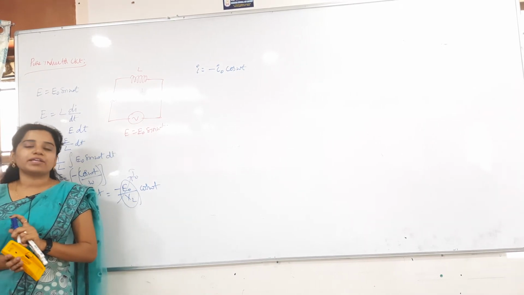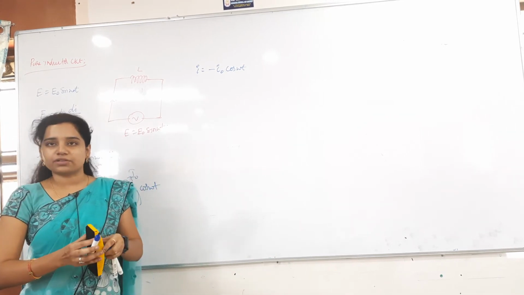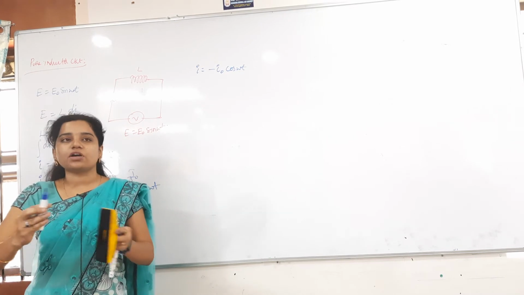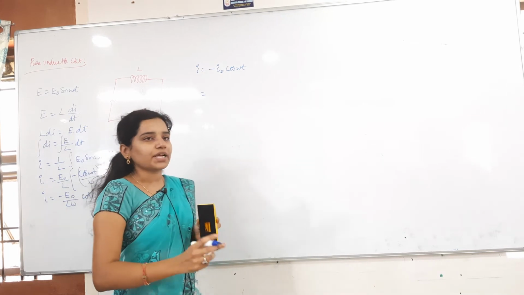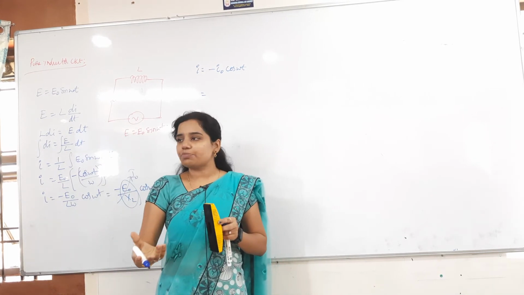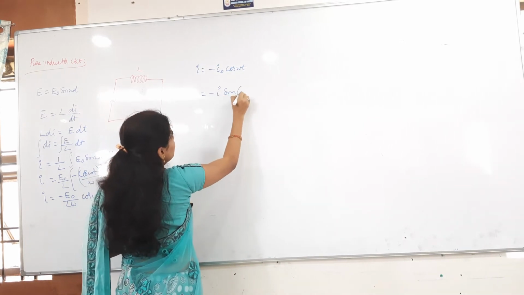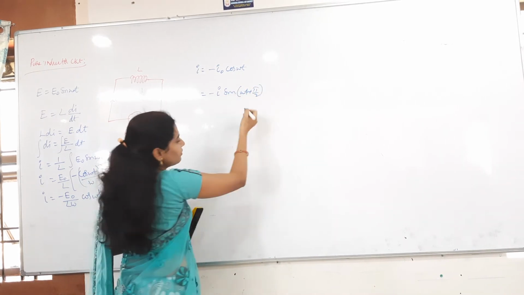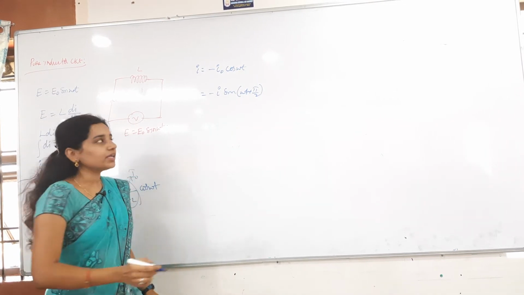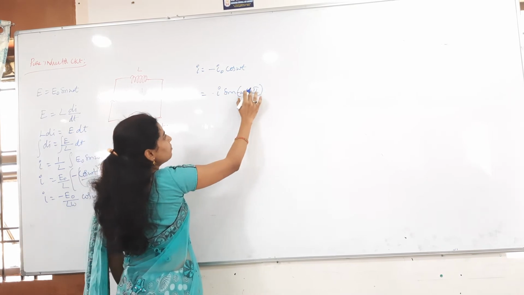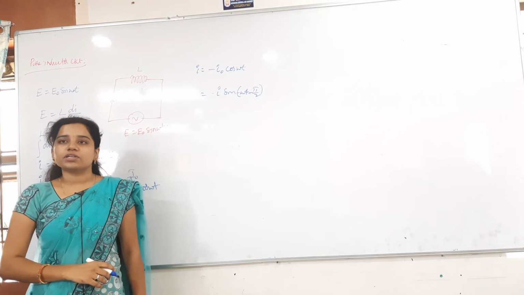I don't want to get minus omega t here. So what we have to do? I will first do the false method for you, and then I will explain why we should not do it like that. For example, as we wrote just before, cos omega t means sin of 90 plus omega t. So I will write in the same way: minus I naught sin of omega t plus 90. This is what we did before in the capacitor circuit. Now if I send the minus inside, we will get minus omega t minus pi by 2. Actually, I have to get plus omega t only. For that, what can we do?